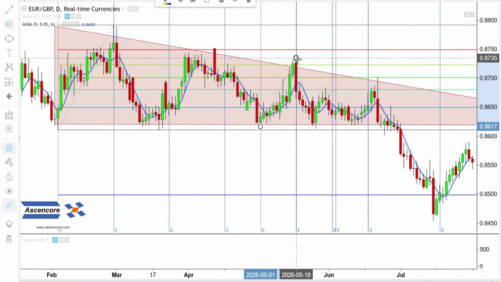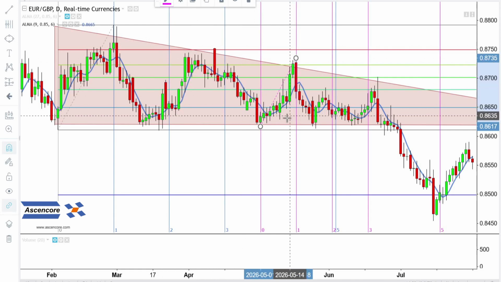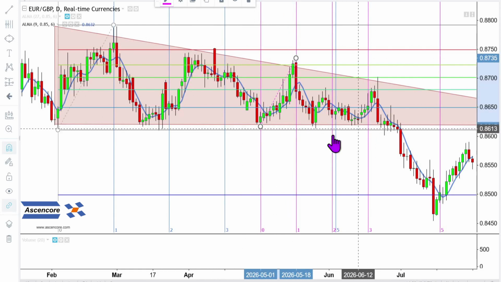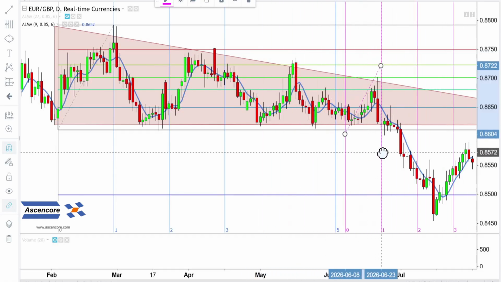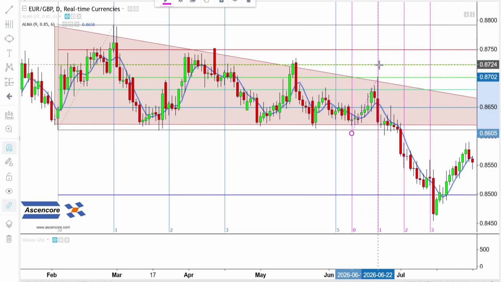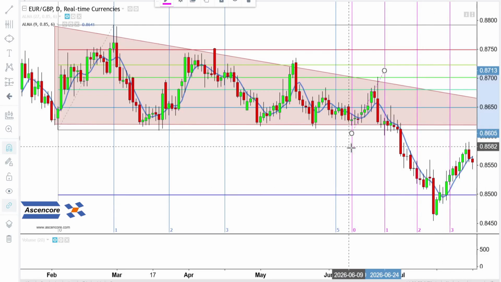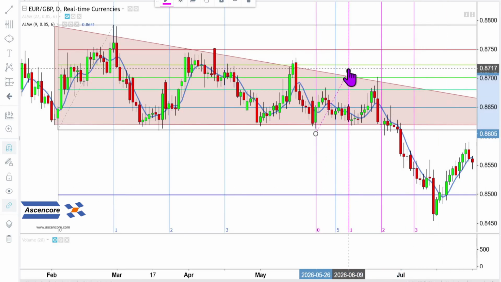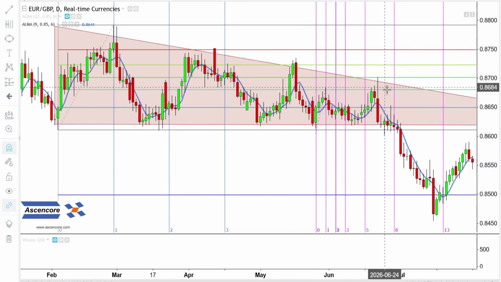But since this is a larger pattern in terms of time duration, spanning several months, it is also useful to add a second Fib time zone and try out variations, which will usually be based on upswings that will be smaller and usually quicker as the triangle nears its potential completion, with that downtrend line getting lower. And usually you want to base the Fib time zone on upswings that directly contact the triangle's base of support,